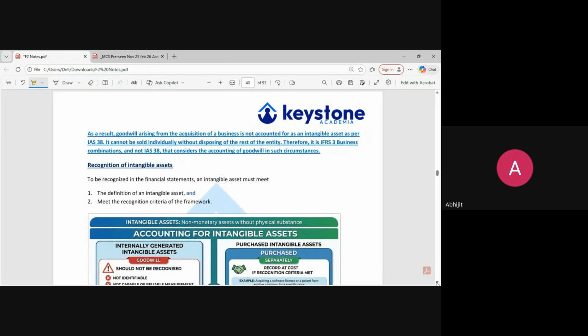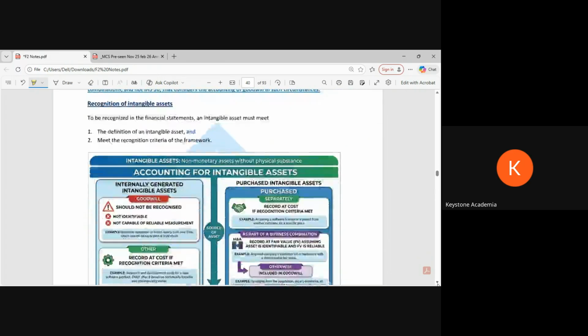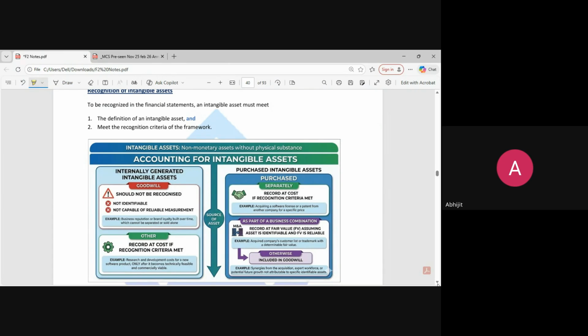Misbah, in our case, development cost is also treated as an intangible asset, right? Development cost is an expense. Yeah, but over the period of time we can amortize it in the intangible assets, because we have direct staff cost for system development. What I'm trying to say here is it should be separate. If you're saying development cost, then you have to show what you have developed. Like direct staff cost, we have a direct staff cost in some system development. So over the period of time, we can amortize the software there.